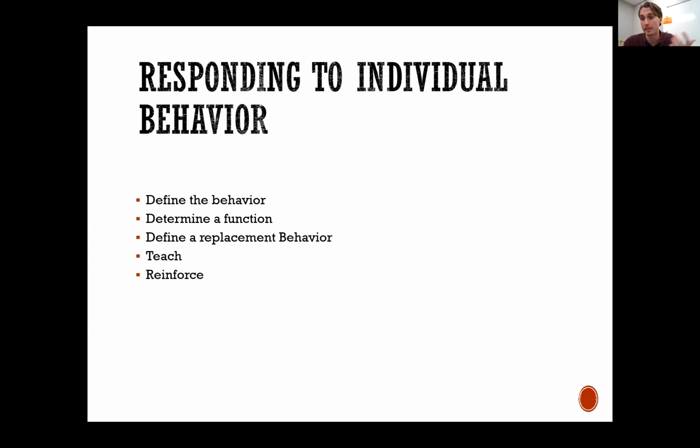You can also make up things in this. Let's say the student was doing it for peer attention. You can come up with a system of whenever they bully or whenever they punch a peer, I'm immediately going to put that kid in the hallway. So they start to learn, not only do I get peer attention for doing the good thing, but it's actually impossible for me to get peer attention doing the bad thing. If you don't give that outlet and don't teach a new behavior, it's much more likely that kid's going to start engaging in worse behaviors to try to figure it out.